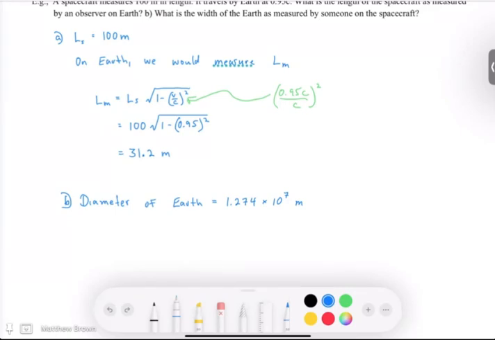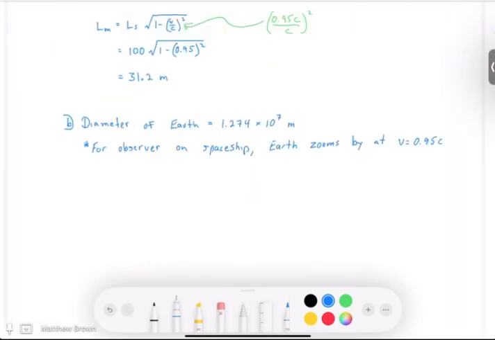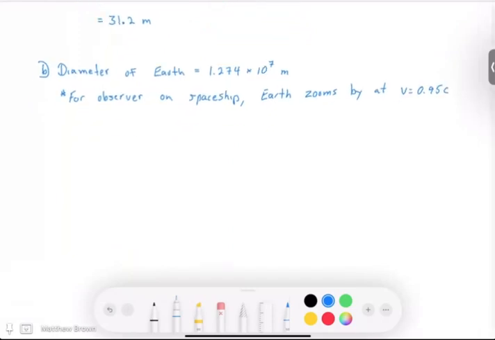You innately want to say or feel like, no, this person's moving, I'm stationary, you're moving. And you really have to try to get out of that mindset. You really have to say, look, for someone on the spaceship moving by Earth, they are stationary. They're in a spaceship that's not moving, just chilling out there in the middle of space, and the Earth is whizzing by them at 0.95 c. So if we take that for them they're stationary and Earth zooms by, then we can say the diameter of Earth,